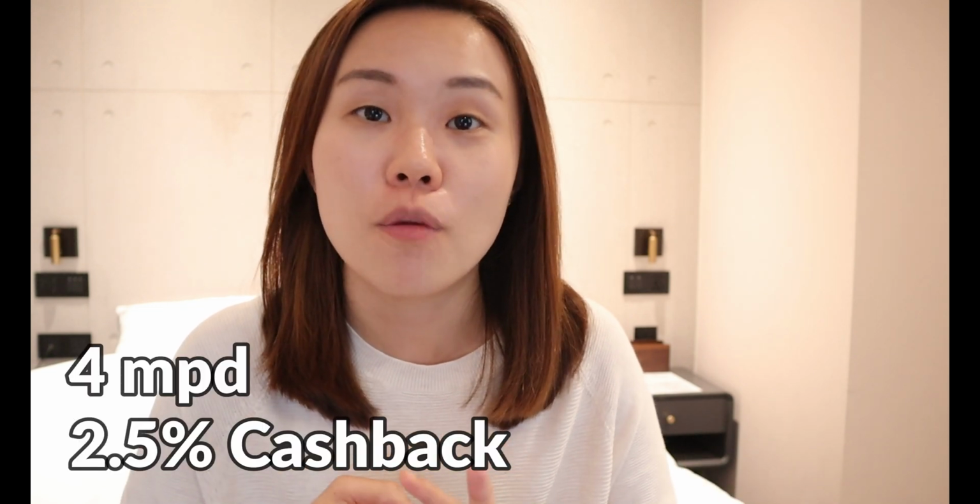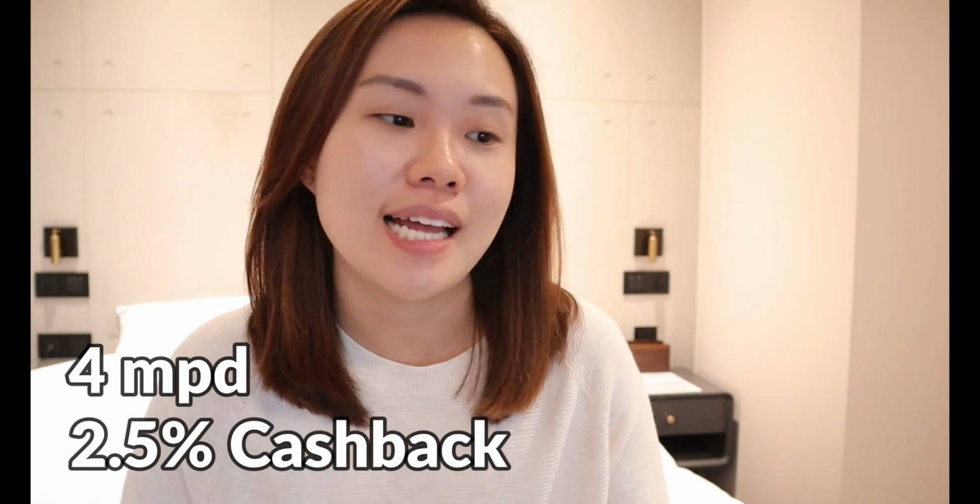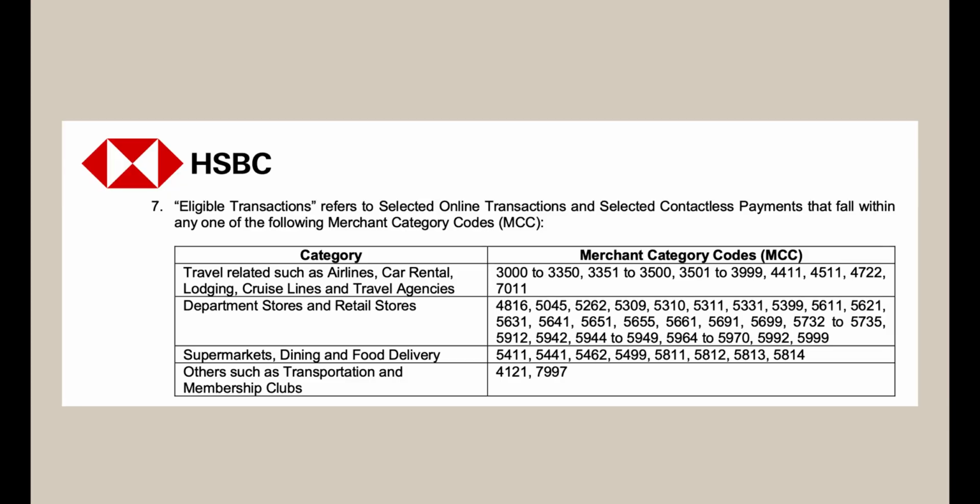HSBC Revolution gives you 2.5% cashback if not 4 miles per dollar on selected categories like dining, supermarket, food delivery, others such as transportation, membership clubs, departmental stores and retail stores as well. These are our day-to-day expenditures. It's a good card to spend on because you'll be earning 2.5% cashback in the form of reward points. HSBC gives really good reward rates for a no minimum spending credit card. Take note that transportation over here doesn't count for your bus and your MRT rides,